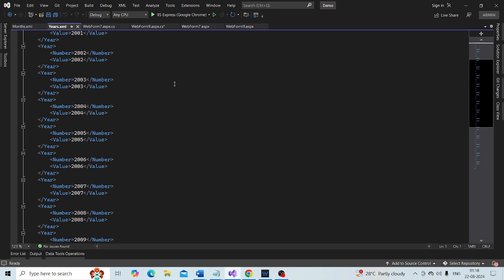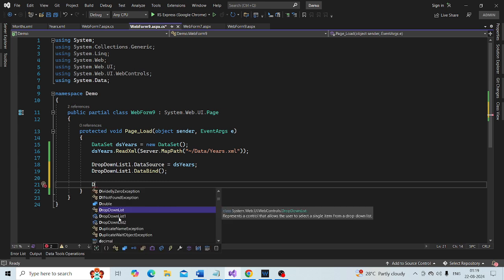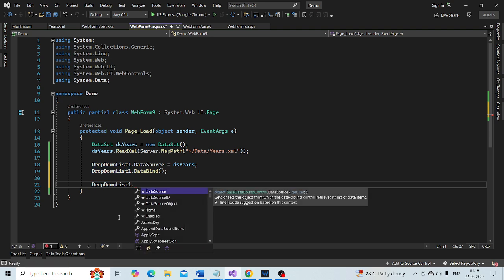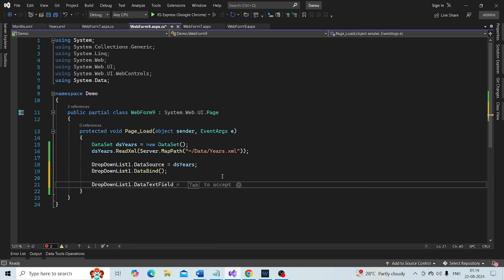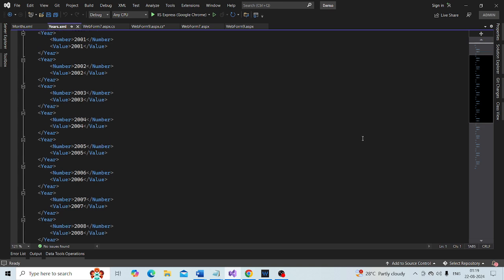So drop down list 1 dot data text field is equal to, in both cases, I am going to use the year's number, so I will just say number here.